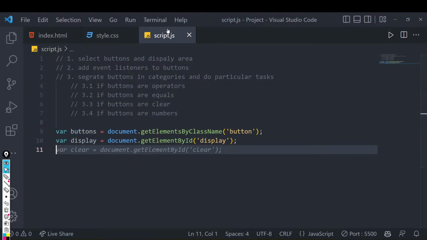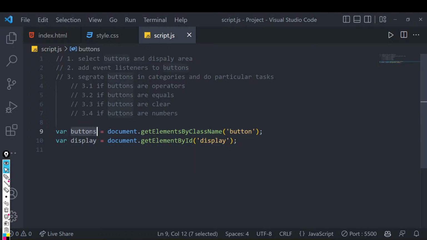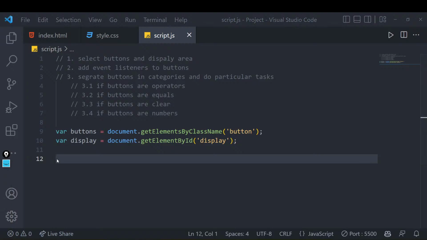Suppose I have an array called buttons in a variable. I want to iterate over each button, each value, and I want to add an event listener to each thing, right? So how can I do that? I believe some of you who have some programming knowledge might say the answer. You do one thing now.